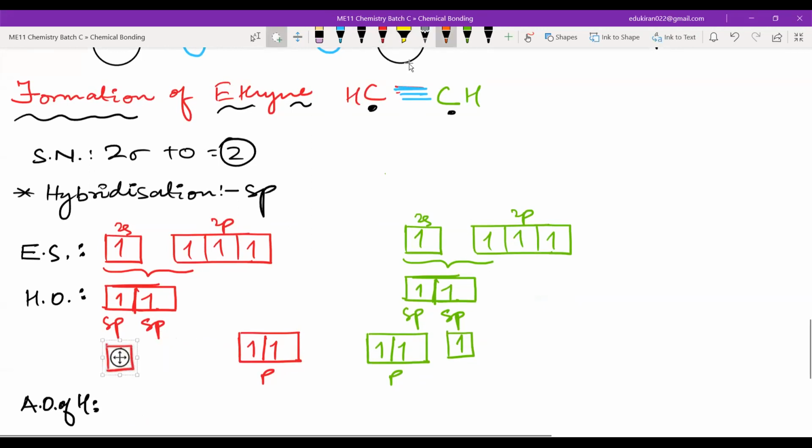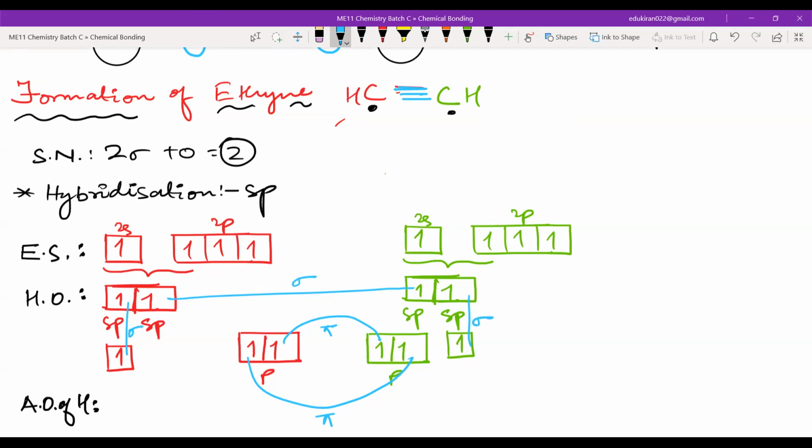Okay. Now what will happen? This carbon and hydrogen will be bonding, and this carbon and hydrogen will be bonding. There will be one sp carbon-hydrogen bond, and the p of one carbon with the p of the other carbon. So these are the pi bonds. When you have pure p orbitals overlapping like this, after the sp, you'll have these as pi bonds. And these are sigma bonds. This is also a sigma bond. So now you can see the triple bond between carbon and carbon, right? 1 sigma 2 pi, 1 sigma 2 pi, right guys? Can you see that? Okay.